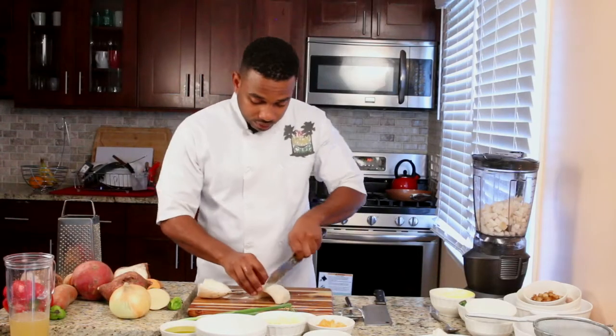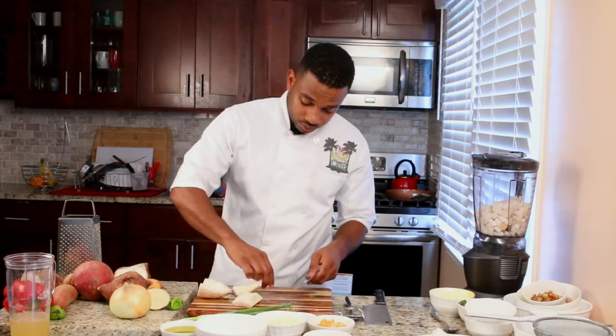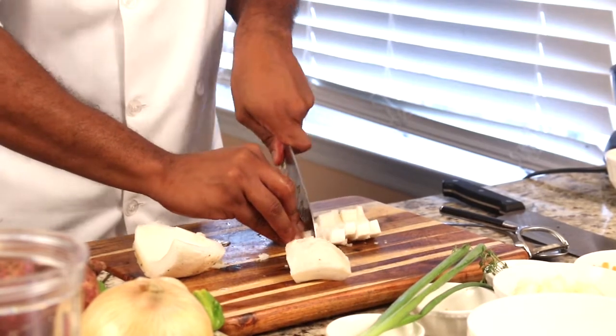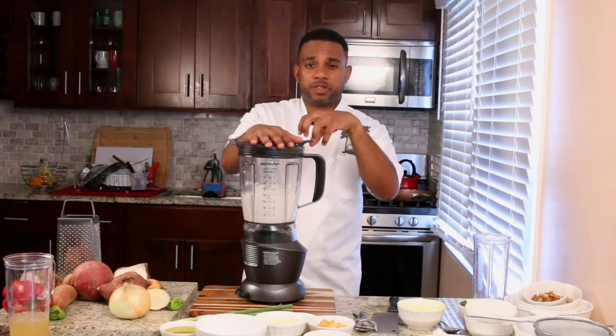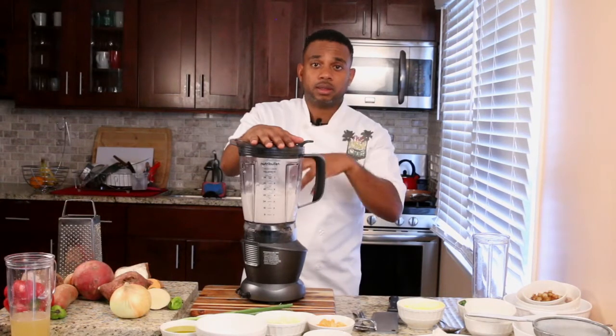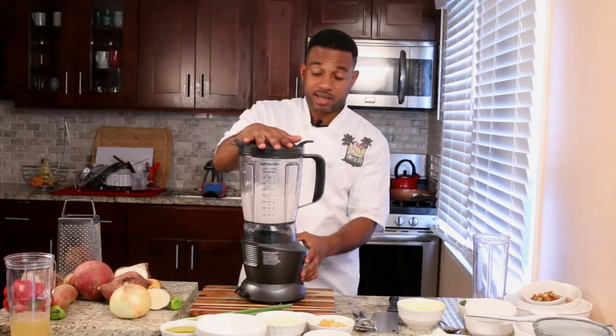I'm taking my knife, cut that in 2, and we're just going to be dicing the coconut. What we're trying to do is make coconut milk. I have about 2 cups of diced coconut in here, and I'm adding 1 cup of water to my blender to create coconut milk. I'm going to blend on high until